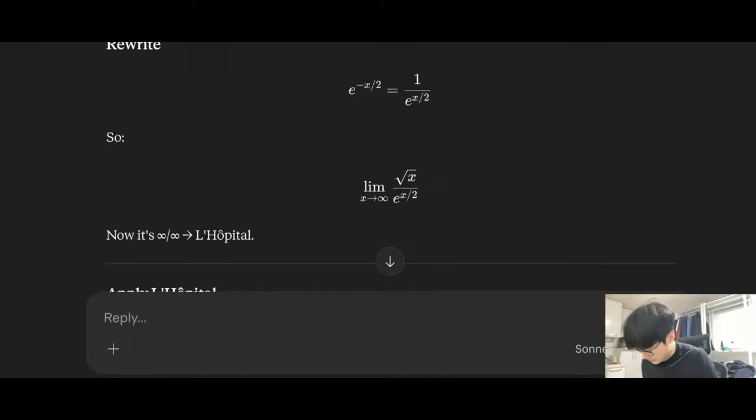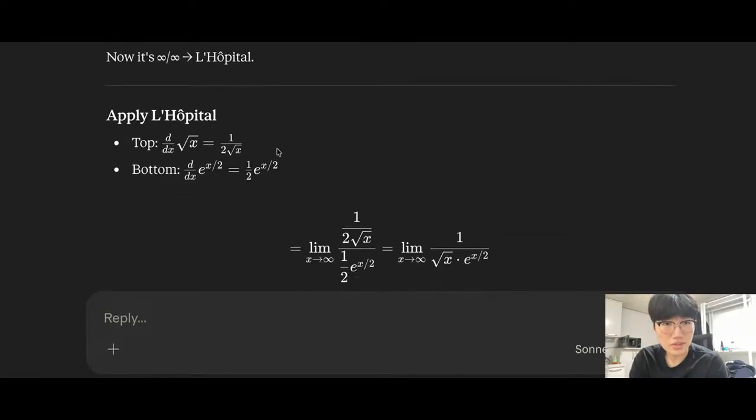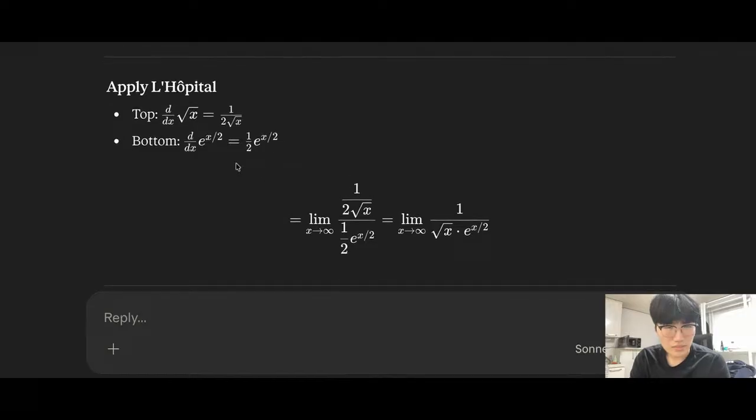So 1 over, and you times it, so x squared here. L'Hospital's rule. The top derivative is, oh for goodness' sake, I almost forgot. The derivative of a square root is 1 over 2 times the square root. Okay, and the bottom,